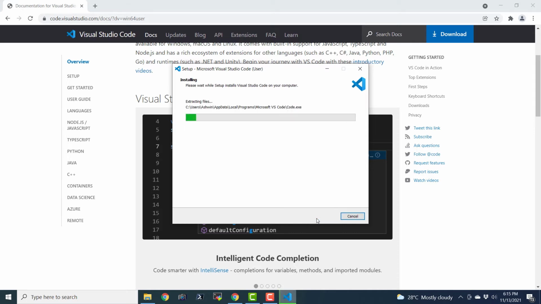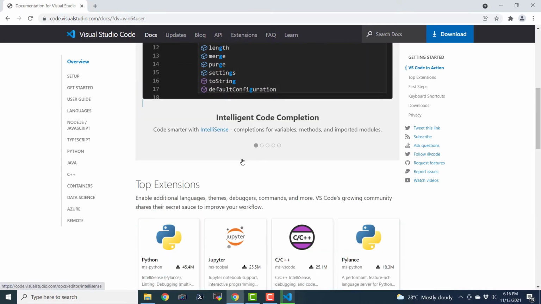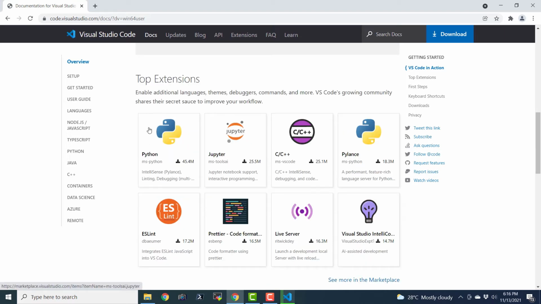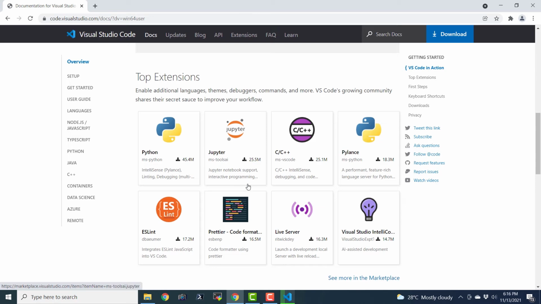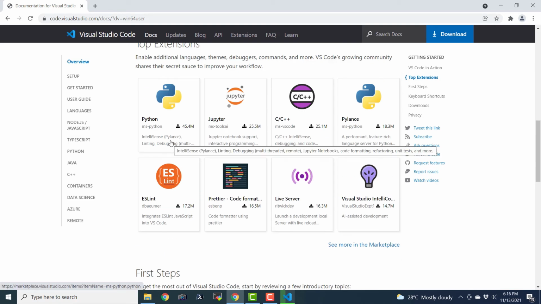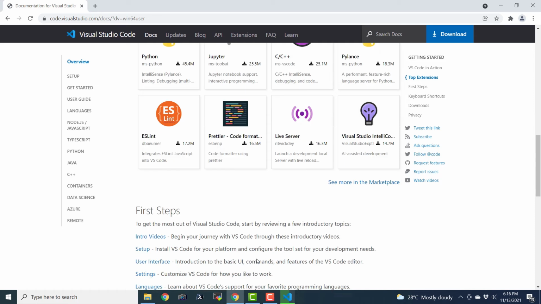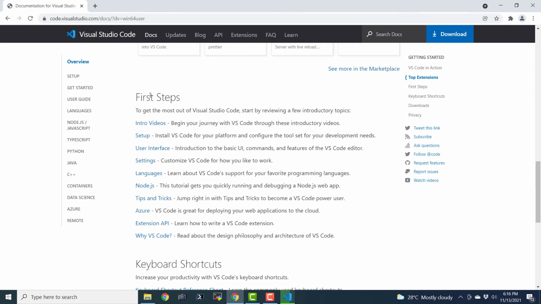Now it is going to go ahead and copy the files. And it is going to take a moment to copy the files for this installer. So meanwhile, we can check the website. So here we can see various extensions, and it has actually got extensions for Python, Jupyter, C, C++, Pylance, ESLint, I'm not sure what it is, Prettier, Code Formatter, Live Server, and Visual Studio IntelliCode.